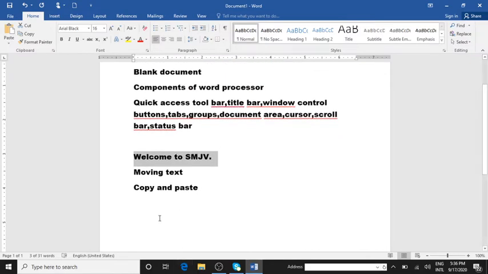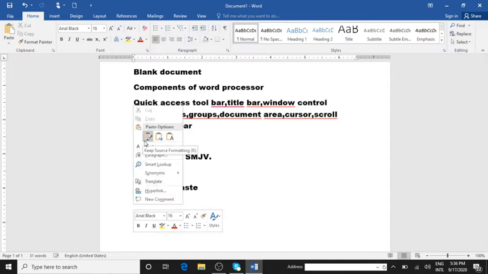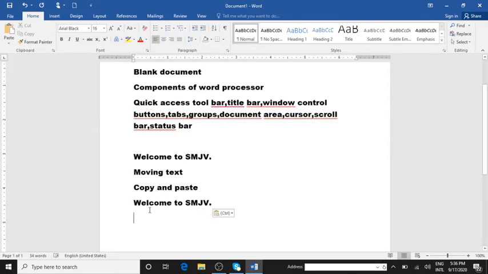Now, wherever in the document you want to paste it, place the cursor and left click. I want it here. Can you see the cursor blinking? Here I'll right click, then click on the paste option. I'll show you one more time. Right click, click on paste. Understood, children? This is copy and paste. I have a copy here and there is also a duplicate copy which has been made.